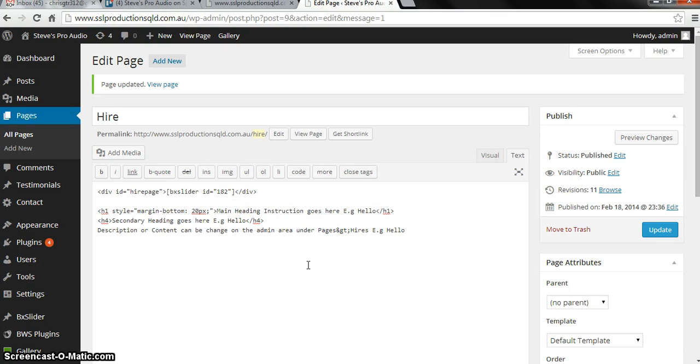You see, main instruction goes here. So same as secondary heading. Secondary heading instruction goes here. So these are the descriptions. You can also type in whatever you want. So e.g. like another information.